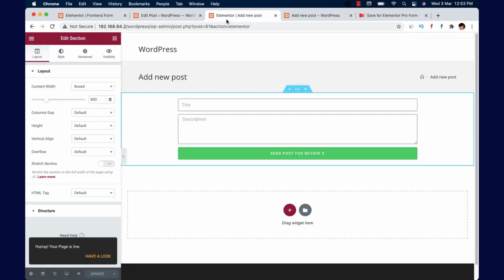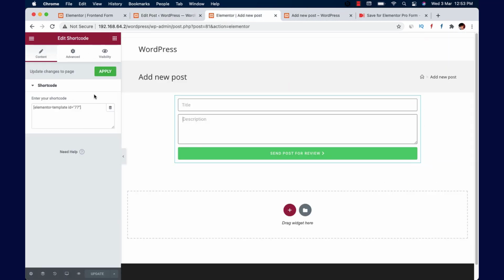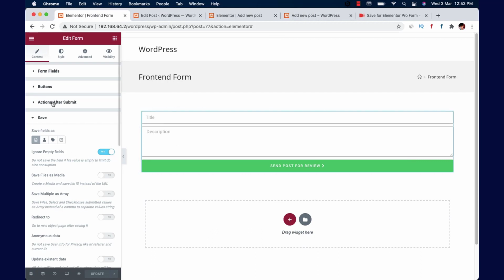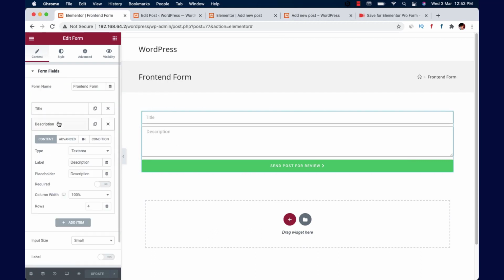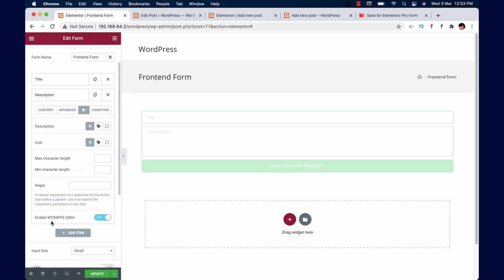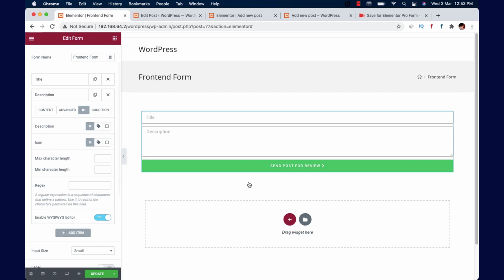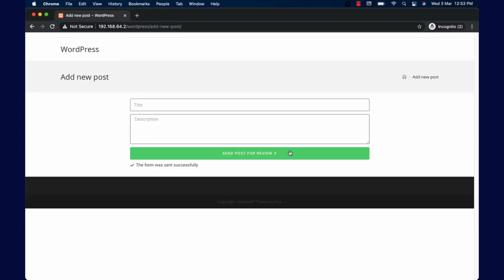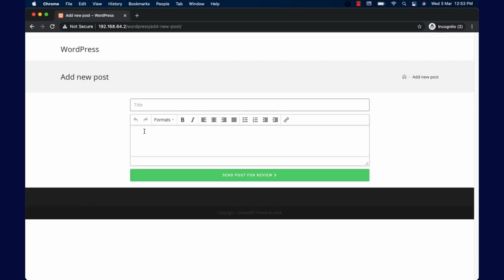So what you can do here in this template is just go to your description, and here's a dynamic content button, and you can enable this WYSIWYG editor, right? So this is the TinyMCE WordPress thing that will be enabled right from here, and when you refresh this, here you get this awesome editor.